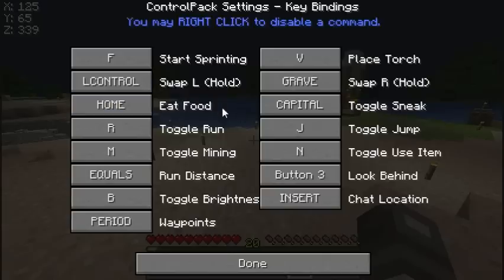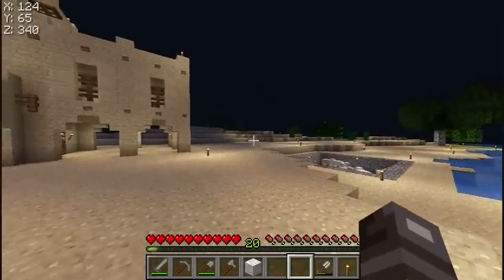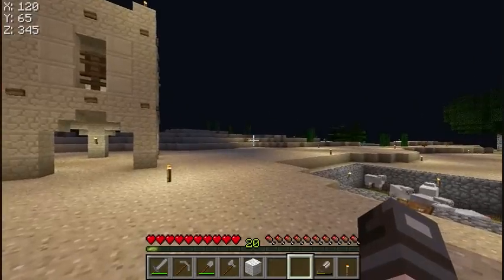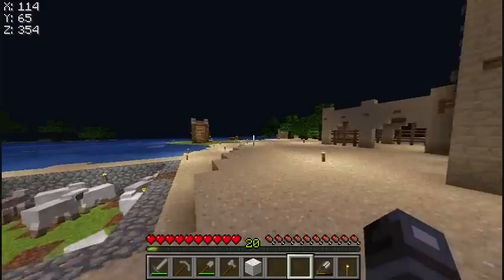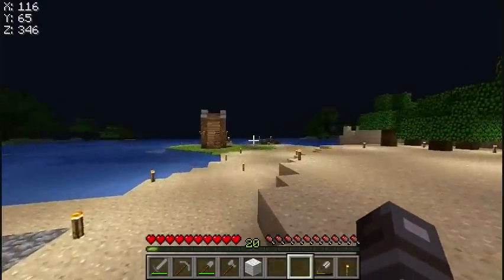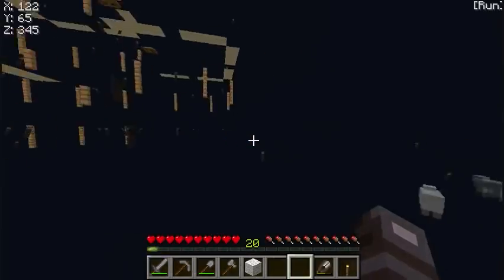Extra key bindings. Oh yeah, you can toggle run with a different key, but you can also still double tap W to run. So start sprinting is F. So I'm double tapping W right now, but I can be walking and then hold F and start sprinting by itself. So that's cool. You can also toggle run with R, which